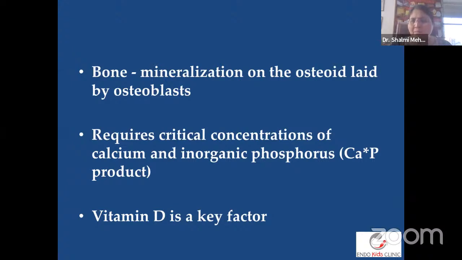Right? So when we talk about vitamin D a lot, we need to know that the basic function of vitamin D is absorption of calcium and phosphorus from the gut. So for example, say somebody is taking 1000 milligrams of calcium every day. In a state where the vitamin D levels are normal, about 60 to 70% of the calcium is absorbed from the gut. But if that child is severely depleted in vitamin D, the absorption is reduced to only 10%. So even if you're taking 1000 milligrams of calcium, only 100 milligrams of calcium is absorbed if you have a vitamin D deficiency. And it also helps in absorption of phosphorus.